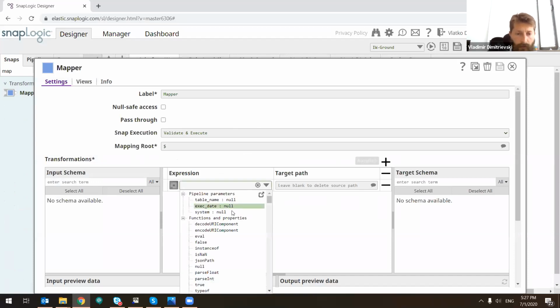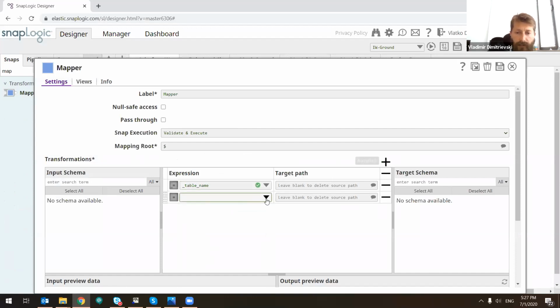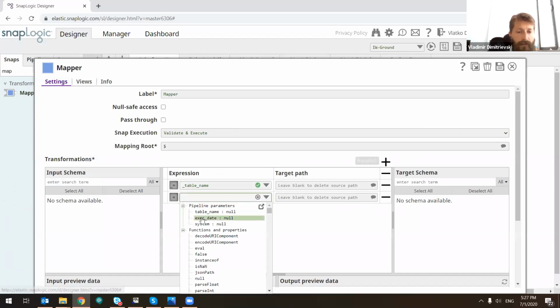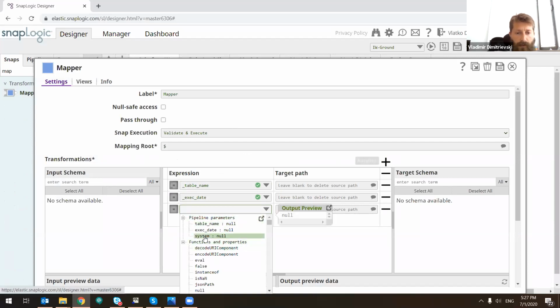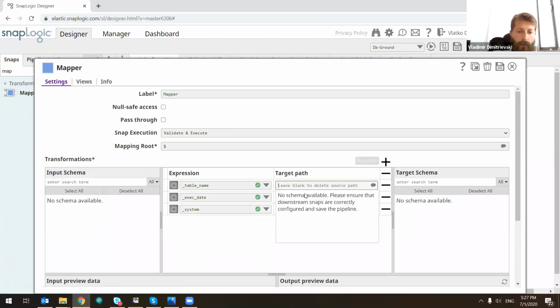The reason why we're doing that, and it will become a lot more clear in the second step, is because it is very easy to use fields instead of pipeline parameters when you're writing SQL queries. Let's map them to a field. The $ sign denotes that that is a field. Table name, execution date,